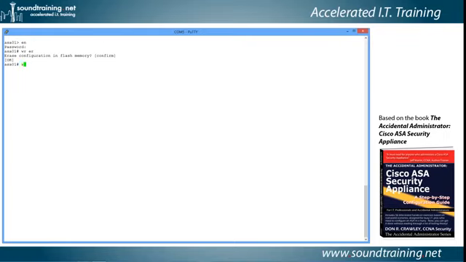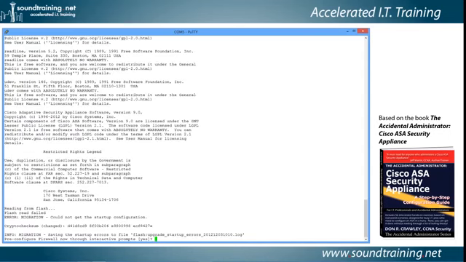Let's do the command show startup config. I could abbreviate that show start, and notice that it says no config. So we're going to say reload no confirm, and that's going to reload the device without asking for confirmation. There it goes, and we'll do a quick edit and come back when it's completely reloaded and ready for us